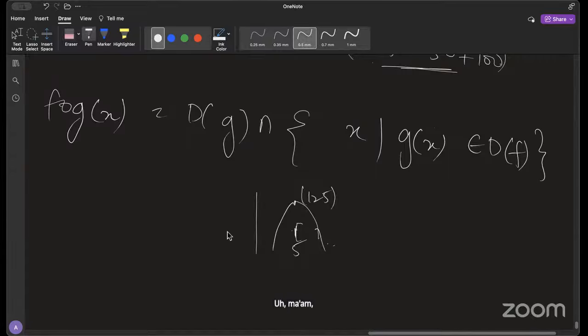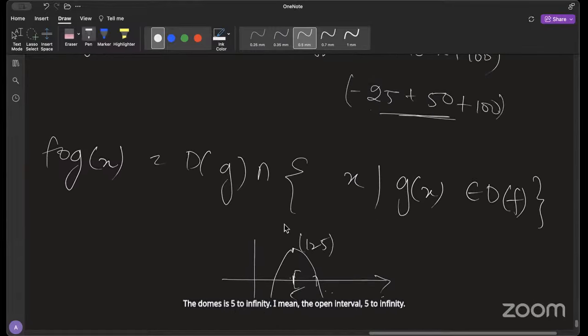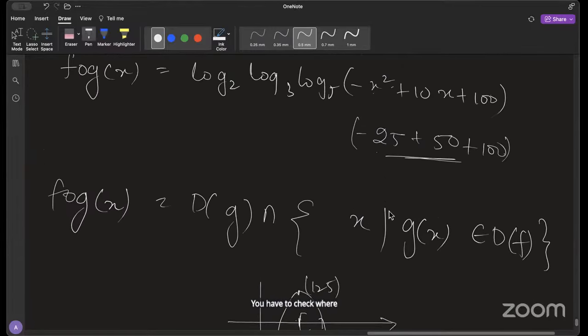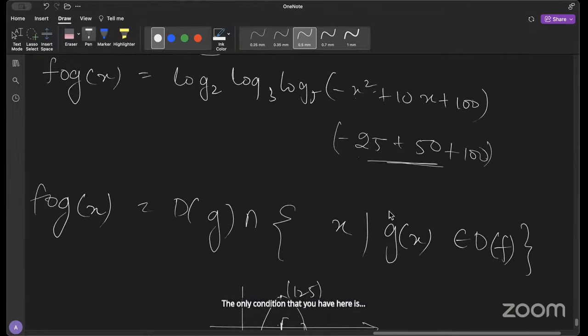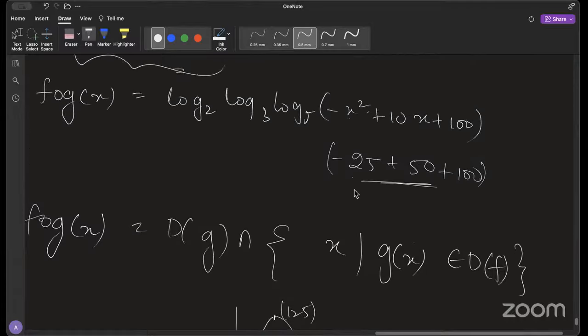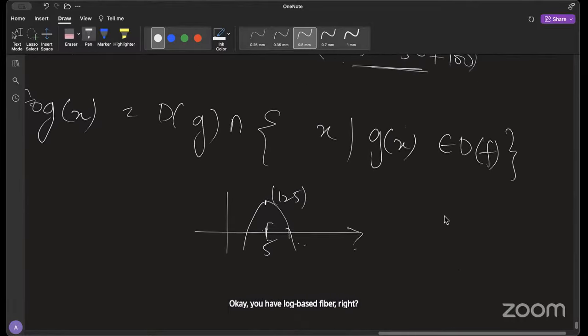Ma'am, actually, I solved this, but I have got that the domain is 5 to infinity, I mean, the open interval 5 to infinity. You have to check where this function is. The only condition that you have here is, okay, you have log base 5 here, right? So for your log base 5 to be defined, you would want